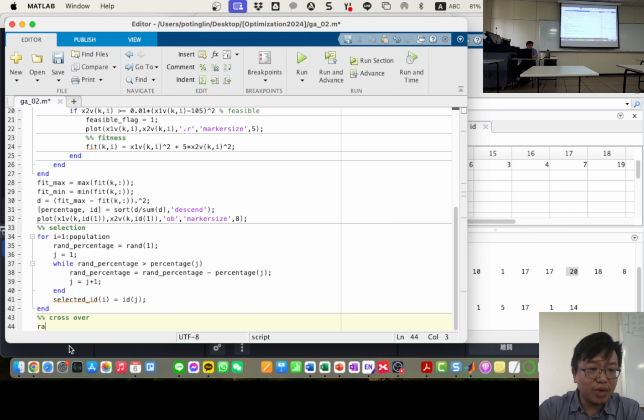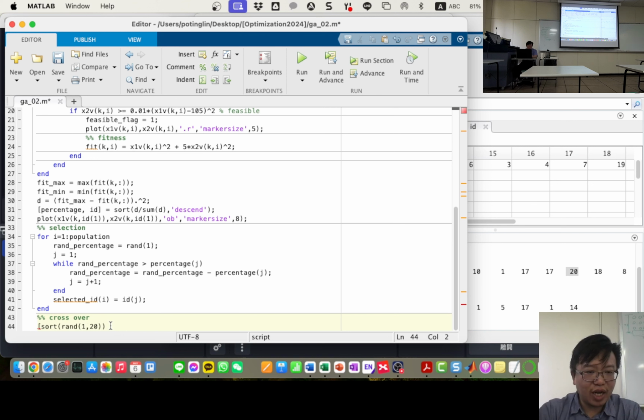I just randomly generate 20 values, and then I will just sort those 20 values, and when I sort, the